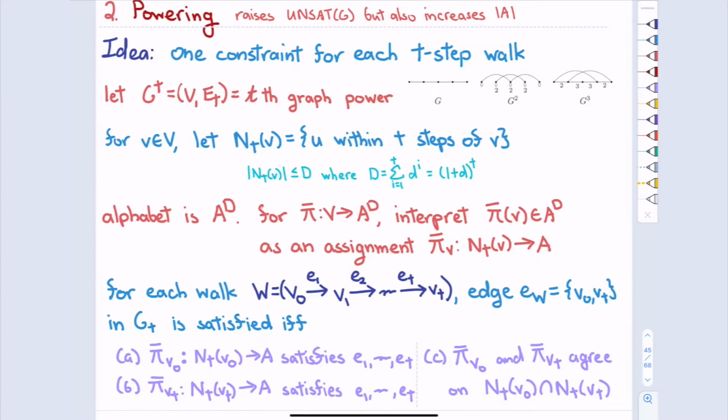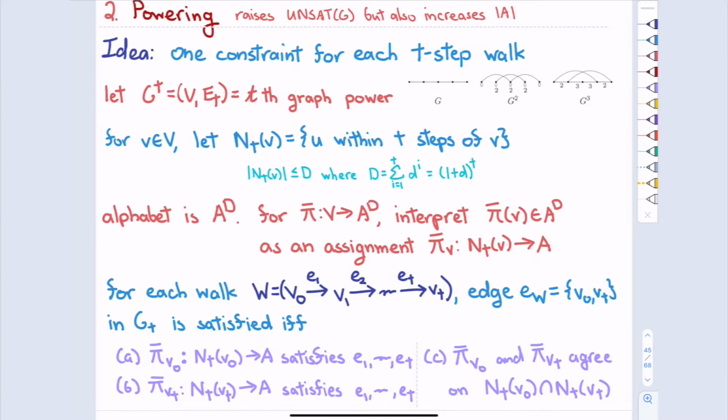So what we do is increase the alphabet size by a lot, so that each variable assigns a letter to each of its neighbors and roughly nearby vertices.